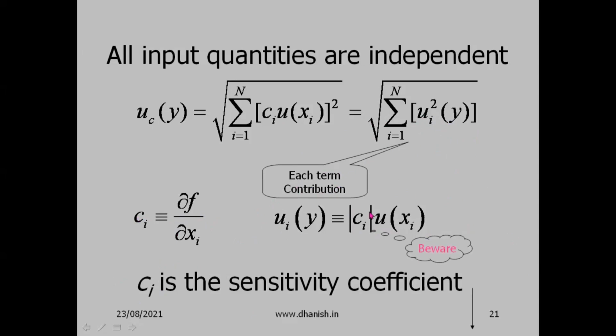Actually, this absolute sign is not required. Anyway, I am just giving a warning, since it is given in the GUM. We are trying to follow the GUM, but unfortunately the absolute sign is not required. In this case it doesn't matter, because when you take the square, it will go off. But in the next situation, when the variables are not independent, the sign is important. So it is better to leave the sign here. Anyway, when you square and add, it will get removed here. So in this case also, it is better to keep the sign. Leave the sign as it is.